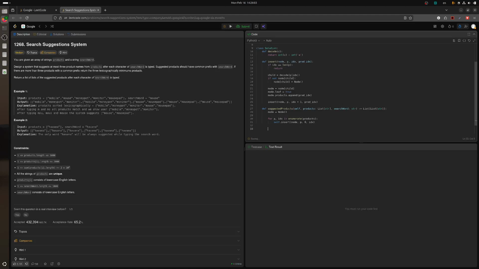And after we insert everything, so index 0 while index is less than, we do this. So child decode search word index. If not node child